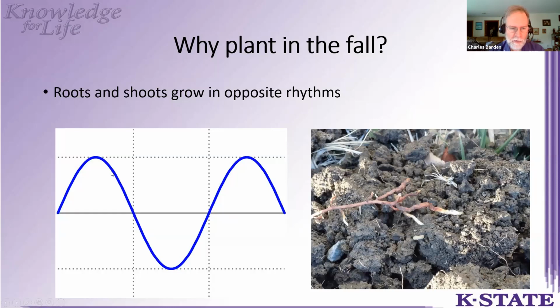Then as things get colder and colder, the root growth rate will go down, down, down. It'll bottom out and pretty much cease in midwinter, late December, January, when the ground is quite often frozen, very cold. But as soon as the ground thaws out and we start getting some spring rains, that root growth comes back again, it keeps increasing and peaks just before shoot growth happens in the spring.